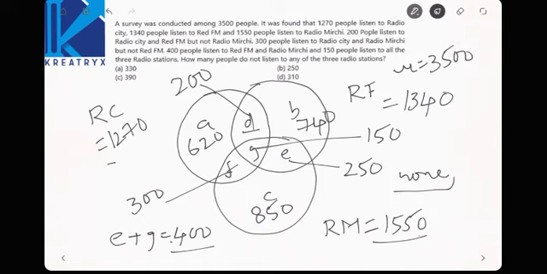Right? Total means A plus B plus C, D plus E plus F plus G plus N. We don't know the none value, and that is the thing you have to find out. How many people do not listen? Add all those values, you will get 3110. So if you subtract 3110 from 3500, none value will be equal to 390. So your C option. Okay, thank you.